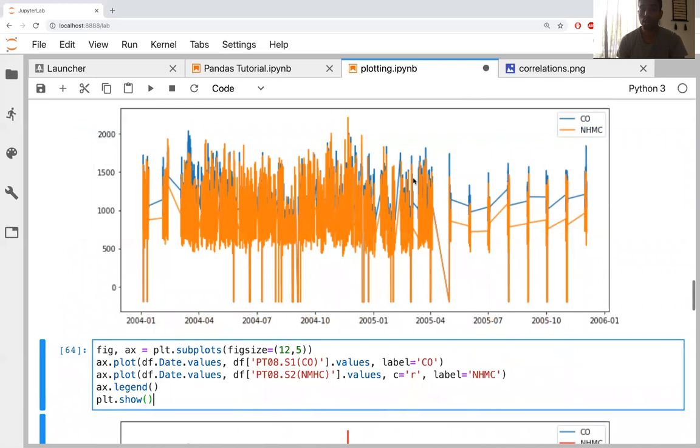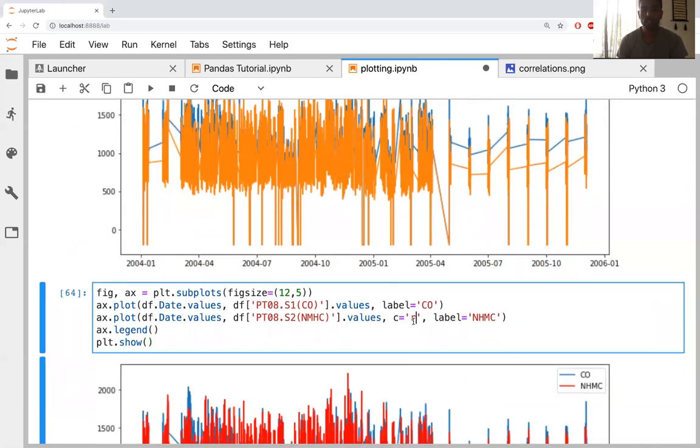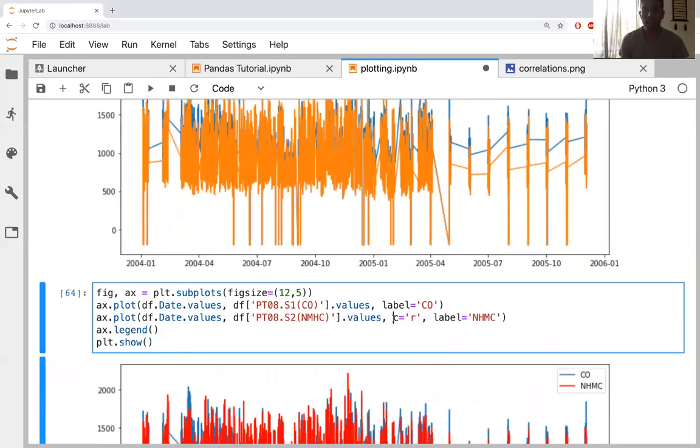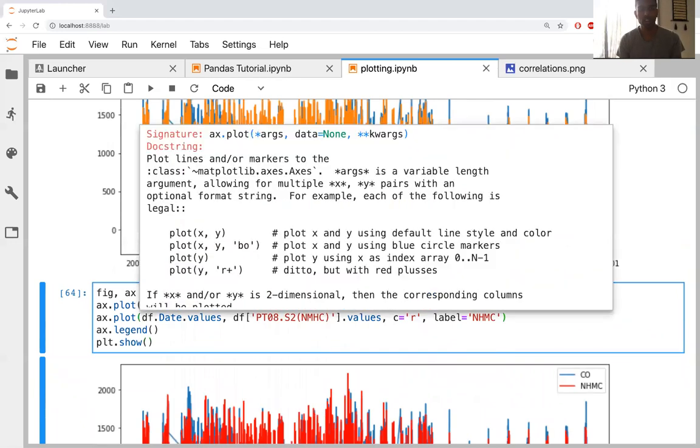So if you don't like orange, you can set the color to be red. In this case, I chose C equals R. Let me just zoom in over there. So C equals R is R for red. There are other colors. Let me just try doing Shift Tab. When you do Shift Tab, it comes up with the